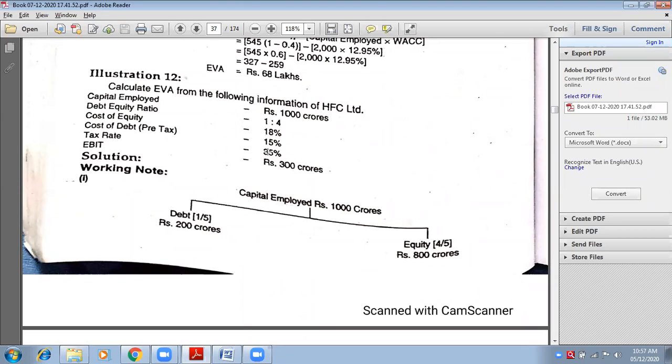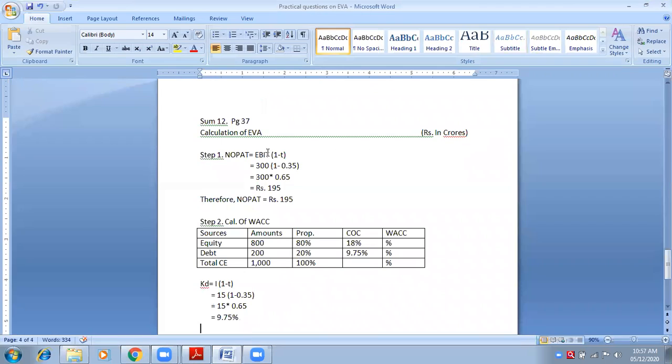And what is the tax rate? Yes, 35%. So the formula will be 300 into bracket 1 minus 35%. We need to convert it into 0.35. So 1 minus 0.35 is 0.65. Therefore, 300 into 0.65. What is my answer then? NOPAT will be,